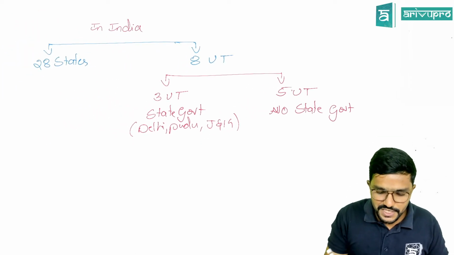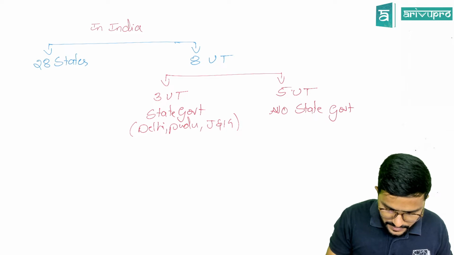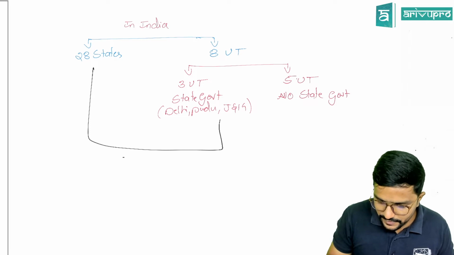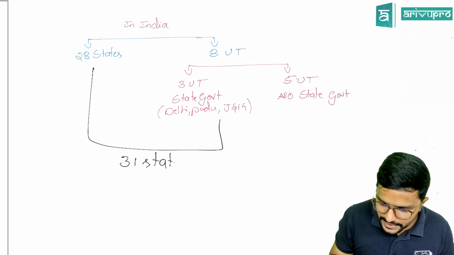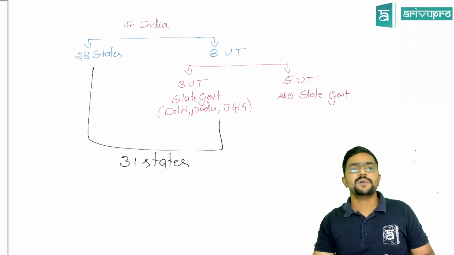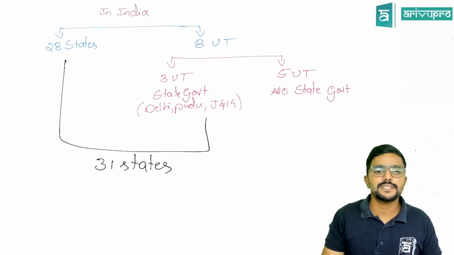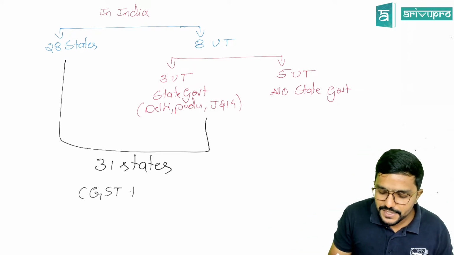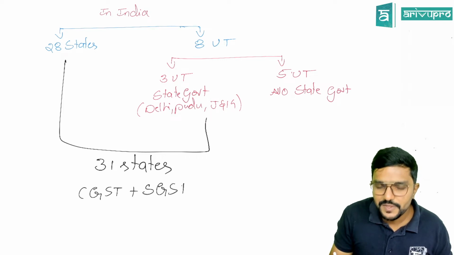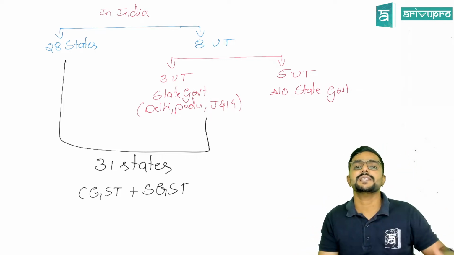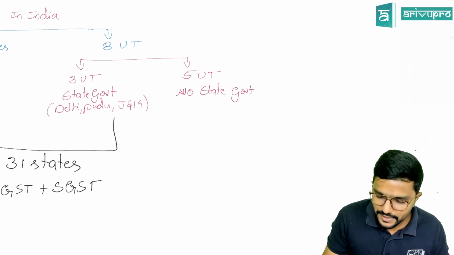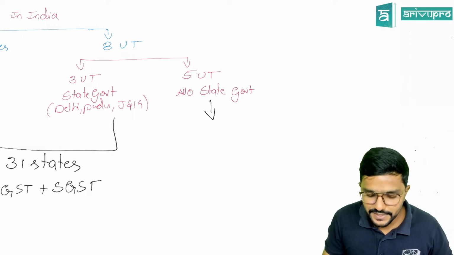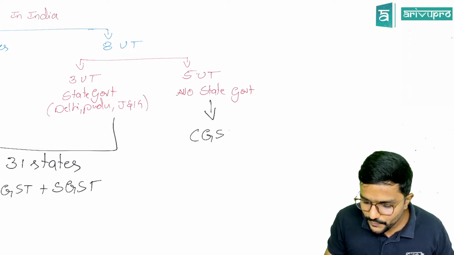So now for GST purposes, guys, there are totally 31 states, including the states where a state government is there. Clear? So if there is any supply within these states, what will be levied? CGST plus SGST would be levied. Then for the 5 union territories, if there is any supply within the same union territory, CGST plus UTGST